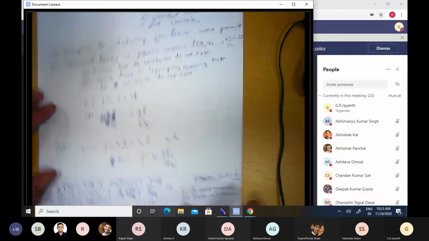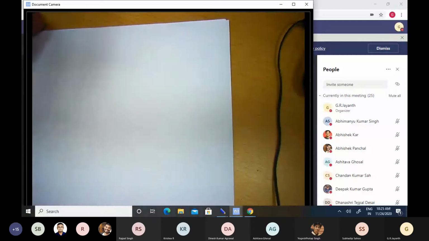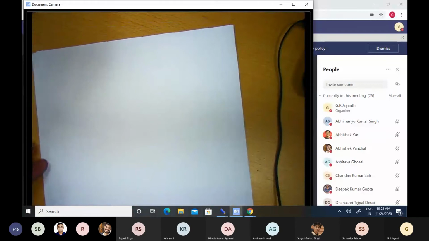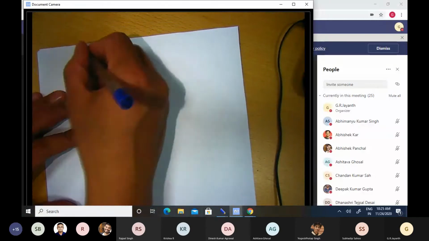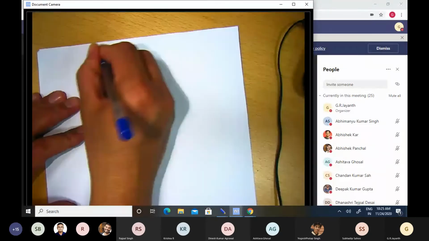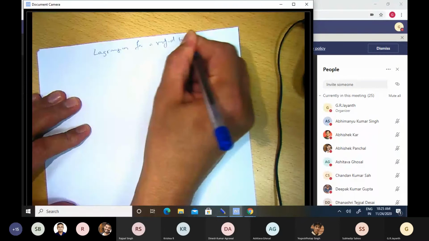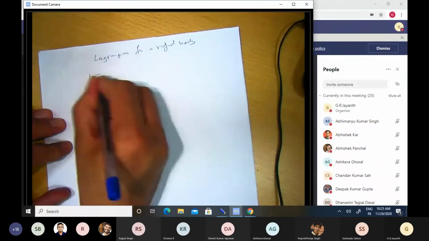Okay, so with just that small comparison between Newton-Euler and Lagrange, let us now proceed to obtaining the equations of motion for multi-body systems. The first thing we need to do in this connection is to obtain the kinetic energy of a rigid body. If you want to write down the Lagrangian for a rigid body, what is the Lagrangian for a rigid body? The definition is the same.